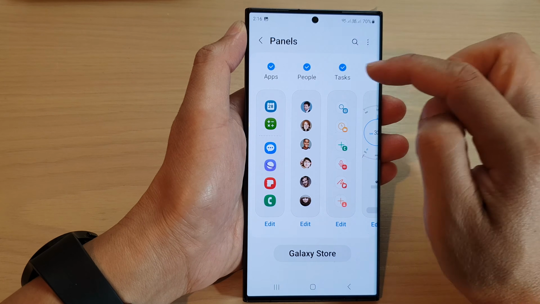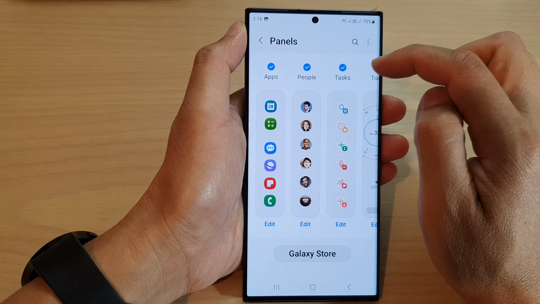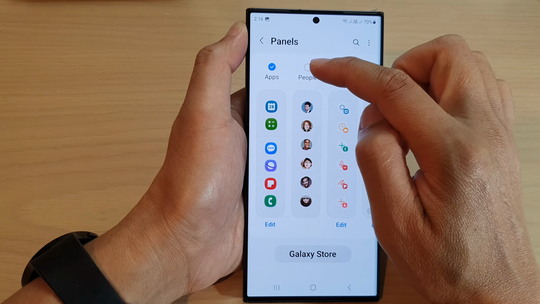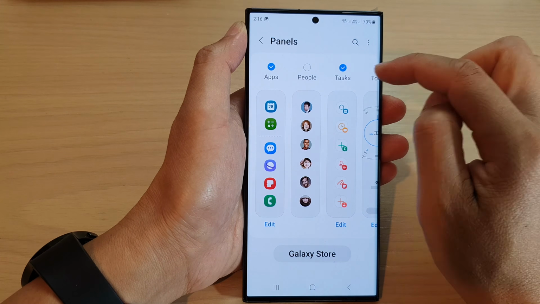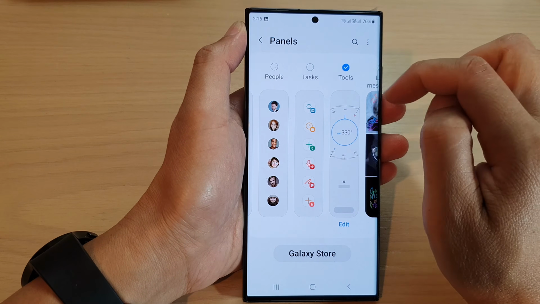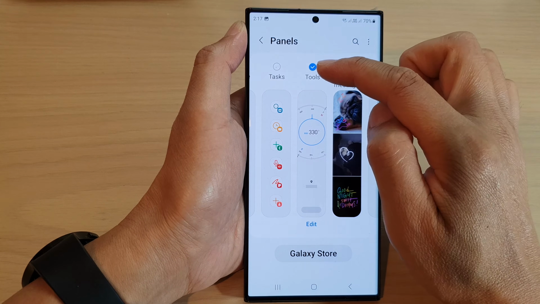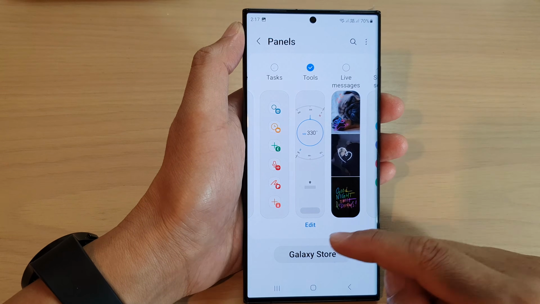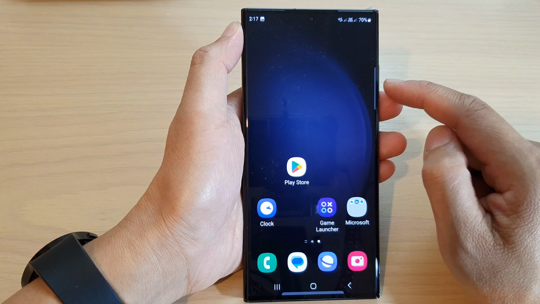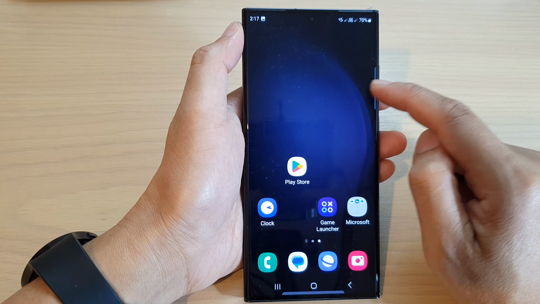Now, if you scroll across, if there is any panel that you don't need to use, you can tap on the radio box to remove them from the edge panels. So I'm going to remove the people and task panel, and I'm going to add the tools panel to the edge panel. Now, if I swipe across on the side of the screen to open up the edge panels,